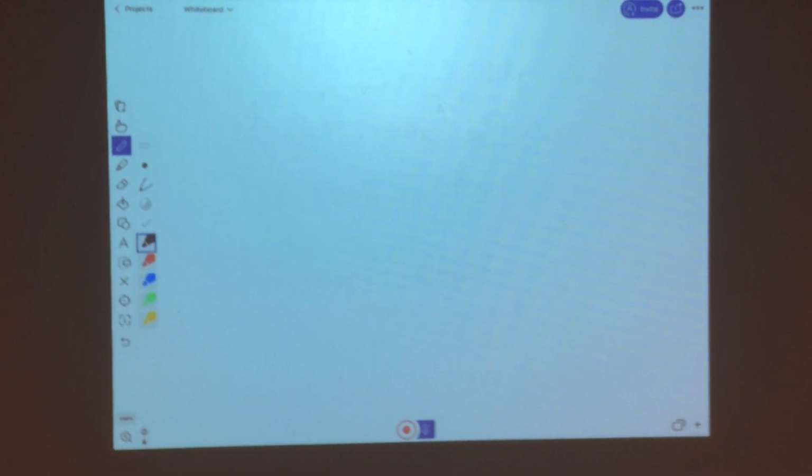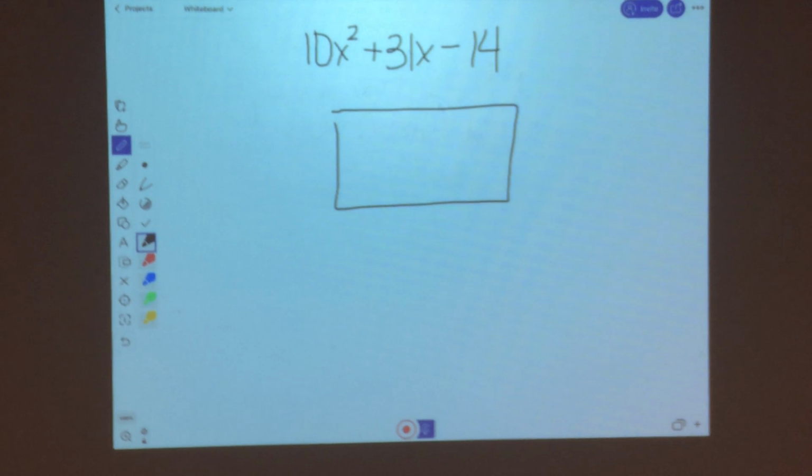The next one in your notes is 10x squared plus 31x minus 14. So if I look at this one, again, I'm going to start by looking at my box. And actually I'm going to start by looking at my numbers, see if anything factors out. But I again know that 31 is not a very nice number and that nothing goes into it nicely. Okay, so I'm going to start by putting my a term in this first box, so 10x squared, and my